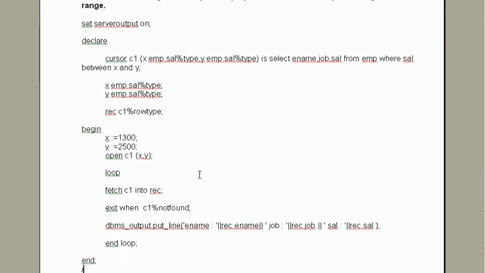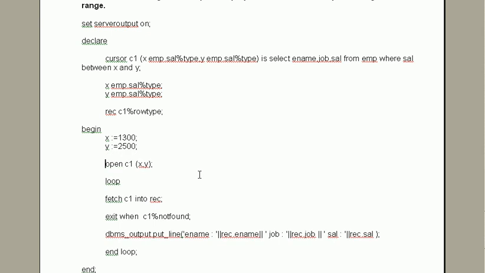Why is it declared? Because we have used loop and end loop. We have not used the for loop. So REC is of the type C1 cursor, so row type used with parameter. Our range x is 1300, y is 2500.